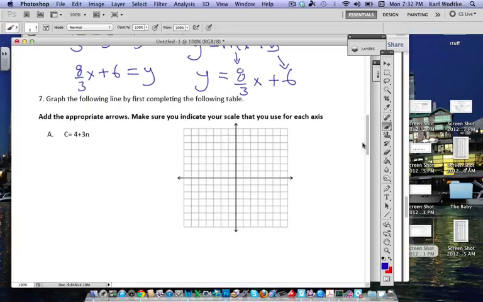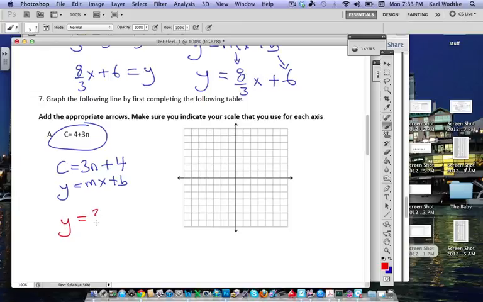Okay, now the last thing. This will maybe make a little bit more sense to you. Sometimes they don't write it as y equals mx plus b. They use letters. So if I rewrote this so that the one without any letters is always last, you could rewrite it like that. It's just another way of saying y equals mx plus b. So you could really rewrite this as